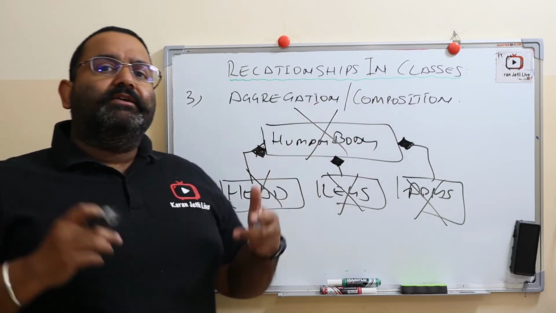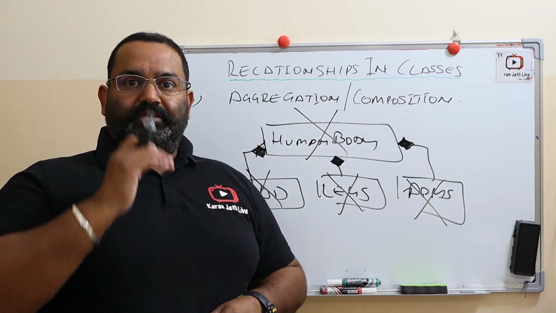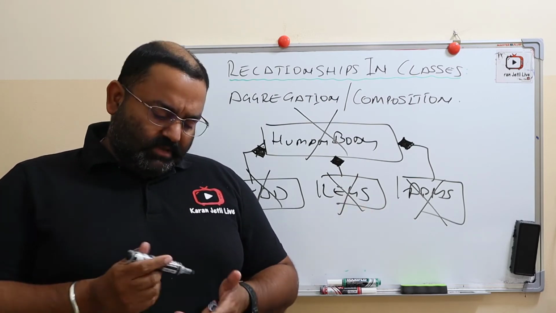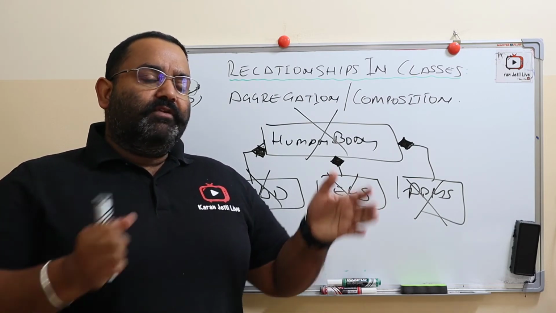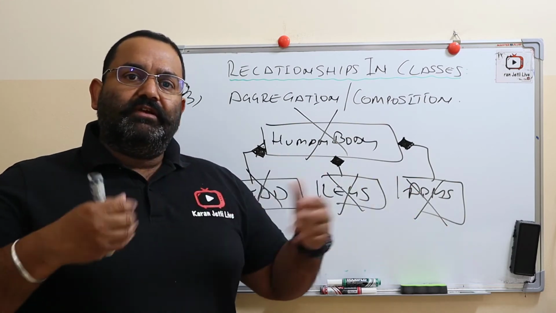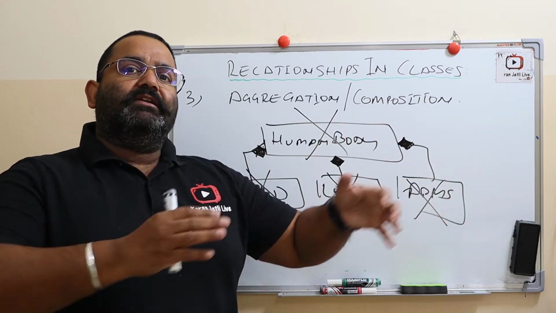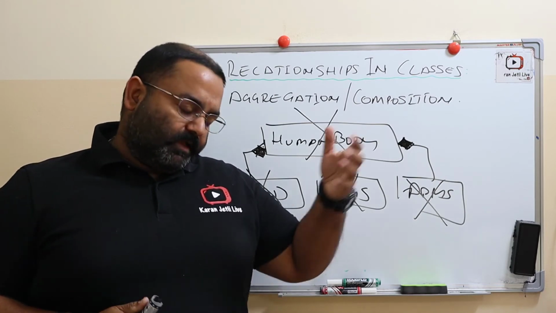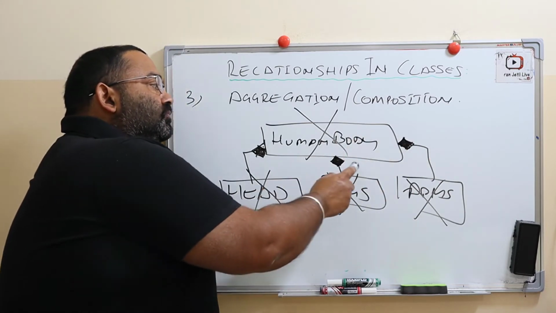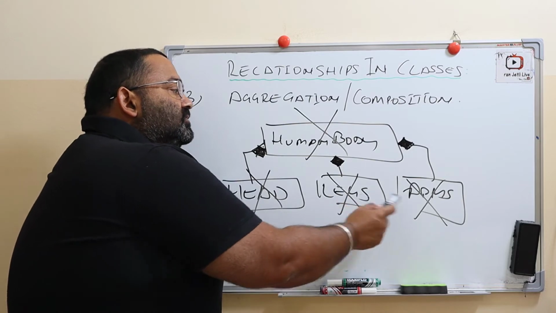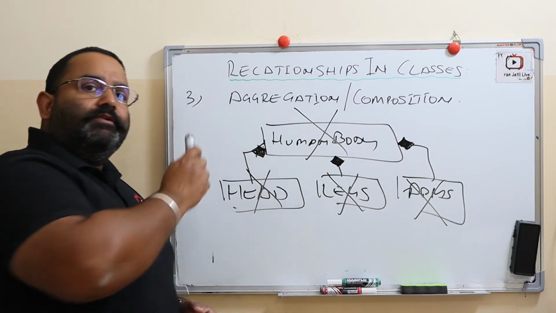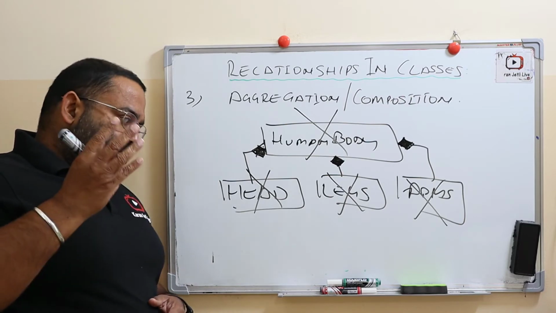Composition is also an aggregation, but it is more strict. There we are casual, we can replace the parts. Even if the car is not functional, the parts can be separate classes altogether and still be used with some other cars, okay? But here it is more strict. If this goes, these go with it, and it is denoted by a black diamond.